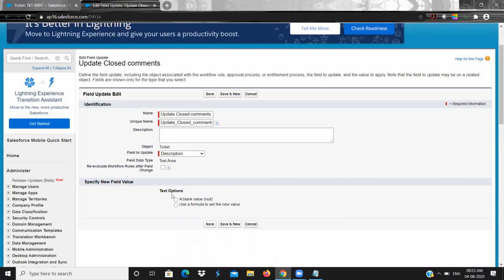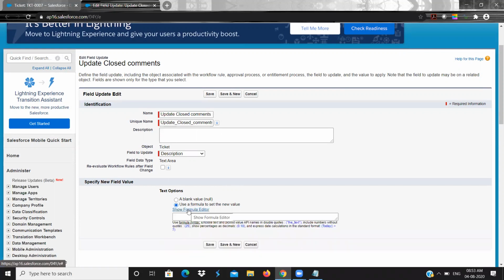Now in the description field I wanted to have some text. Since it is a text, it should be in quotes. What I will update is "the ticket is closed". Like that, I will give a value.